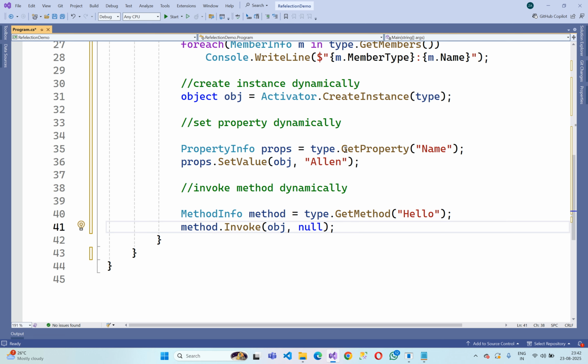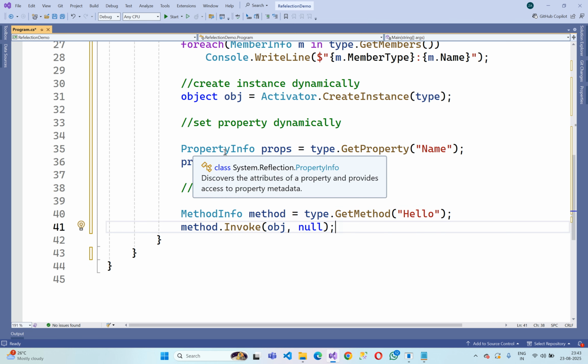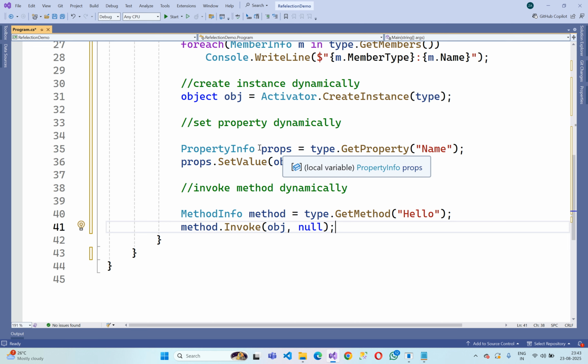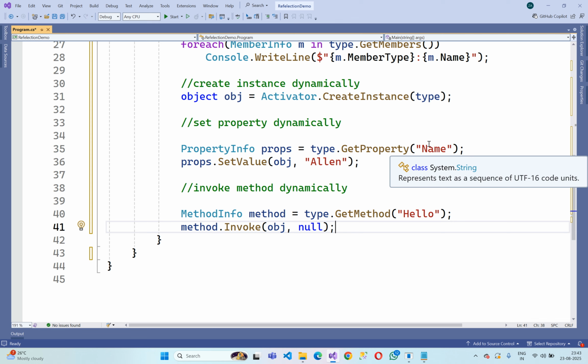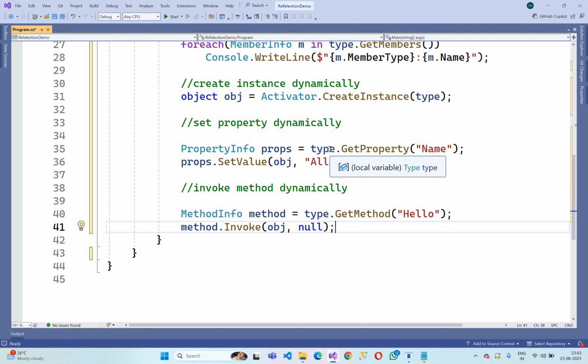How can we set the property dynamically? For setting the property dynamically, we have PropertyInfo, a class reference variable, and type.GetProperty. We give the property name and get the property, then set the property using props.SetValue. We pass obj because this property belongs to obj, that means the Person class, and we pass the value ln. And to invoke the method dynamically, just like property information,